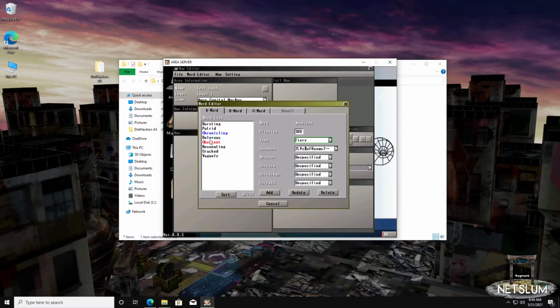If we don't hit update, it doesn't affect anything. But if we do that and say update, it'll say, are you sure you really want to do that? And you hit yes, and it's changed now. So if we go to obedient, it is now a sand type level. Okay, so let's go ahead and